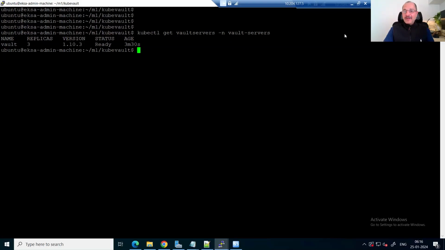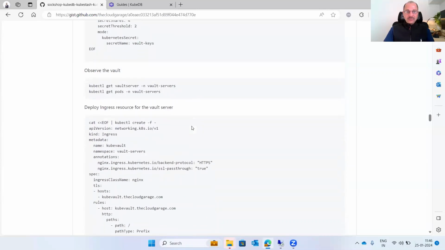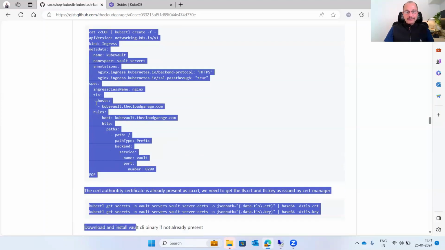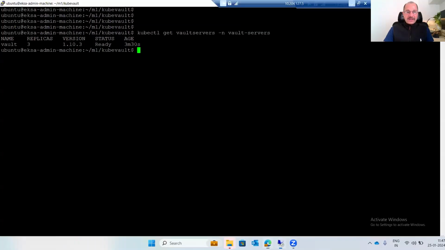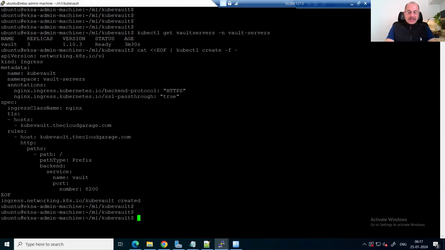Let's go and grab certain commands from here. Okay, before that, let me also define the ingress for KubeVault. Vault is running internally at port 8200. We will expose it through an SSL connection. So we will take the ingress definition and put it here. And if I look at the ingress, minus n KubeVault,